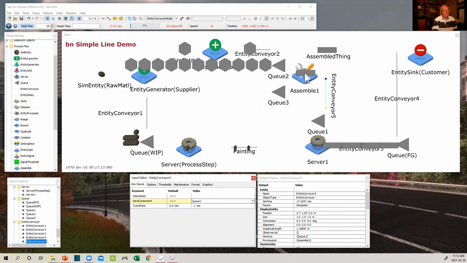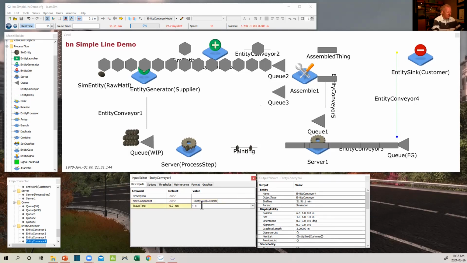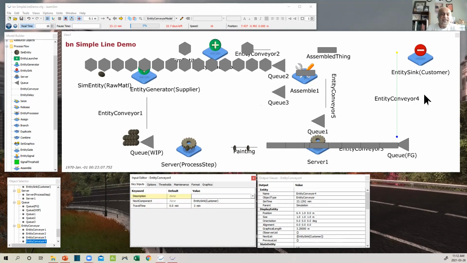So when this takes a minute to assemble, then it'll take a minute to convey. It'll go into this queue, and whatever this thing will work on it. It'll convey it out to this queue. Maybe this travel time of 1 day is a little ridiculous. Let's make it just 3 minutes. Yeah, that will be the hardest part of this project, to make it exact timing and how the system flows